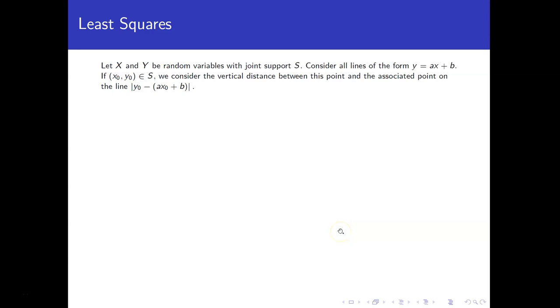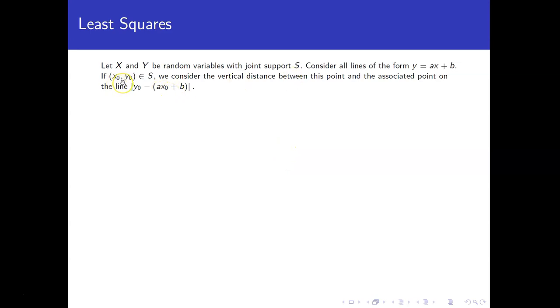In this video, we're going to talk about the development of the least squares line equation. Let's say we have random variables x and y, and the joint support we're going to denote by S. Let's consider all lines of the form y equals ax plus b, and basically what we're looking for is the line that looks the best as far as an approximation of all of the points